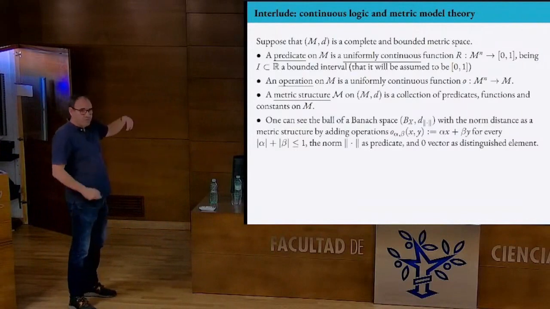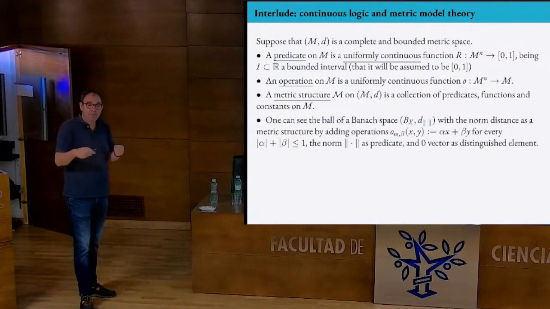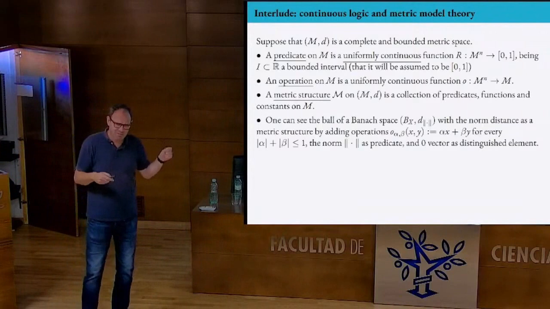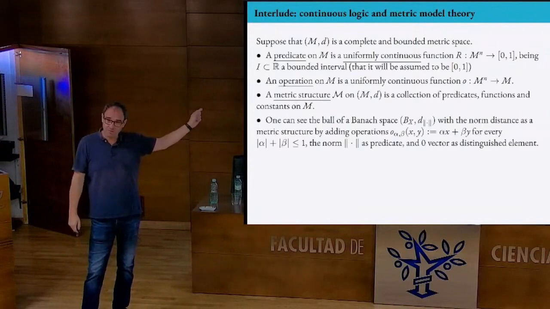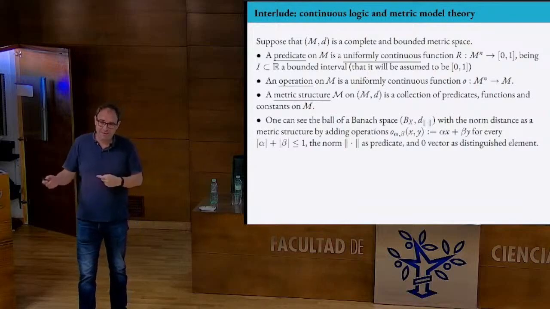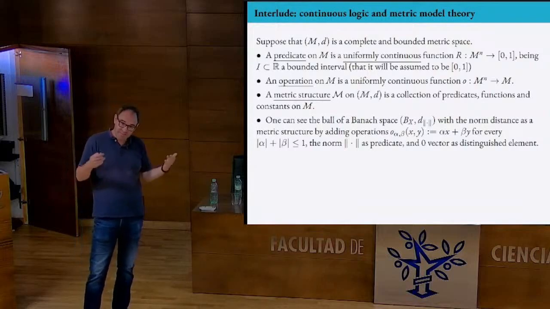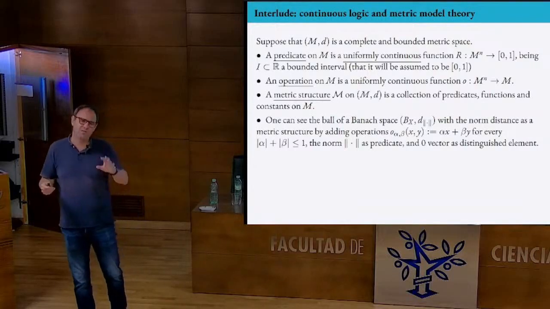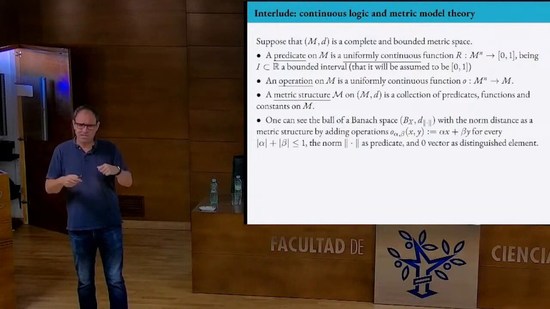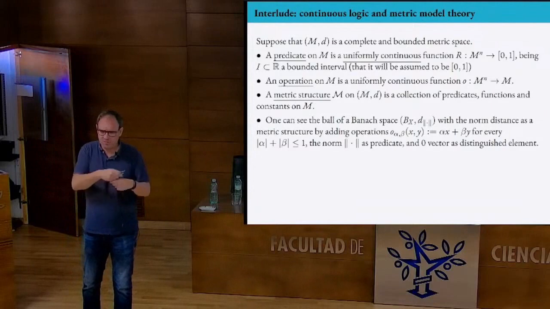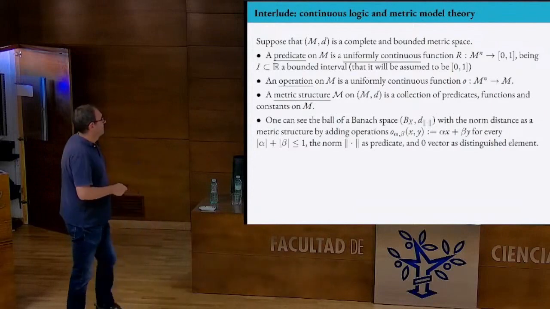Well, you can encode it, and how you do it is unimportant for us, because it's a little annoying. d has to be bounded, because otherwise it doesn't work. And in a Banach space, obviously, the distance defined by the norm is not bounded. So you need to do everything in the unit ball, rescaling, which creates annoying things, not very nice to write down. But you can do it.